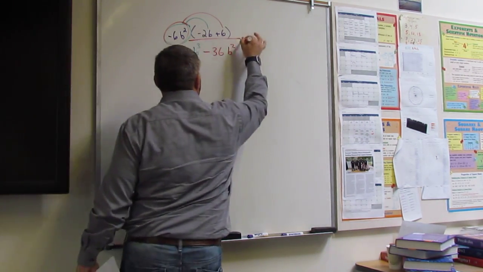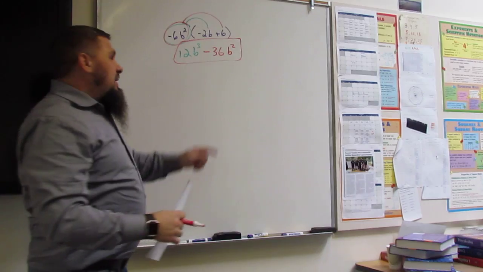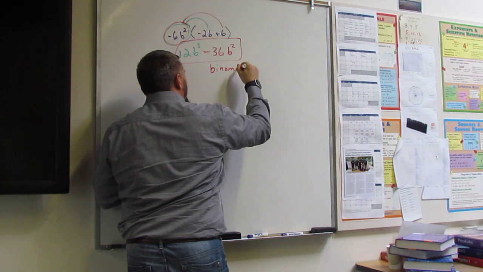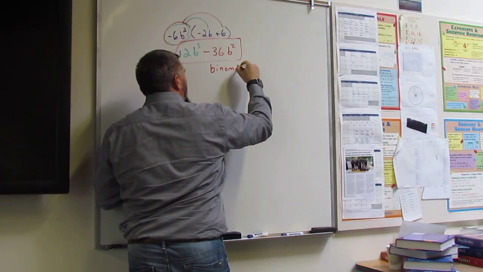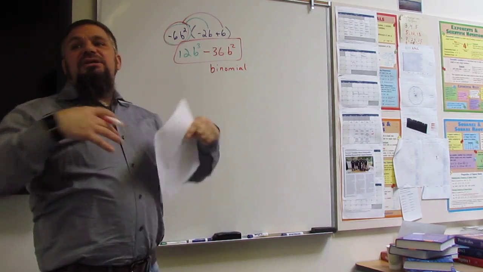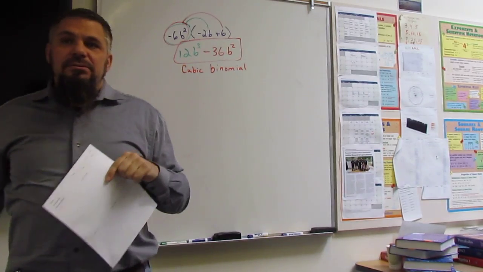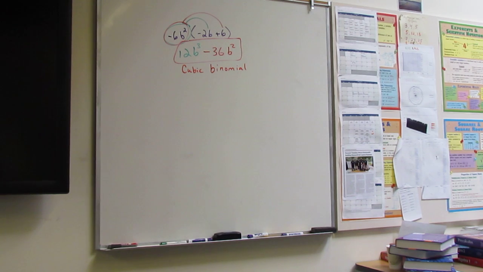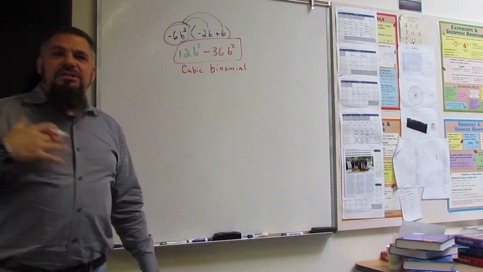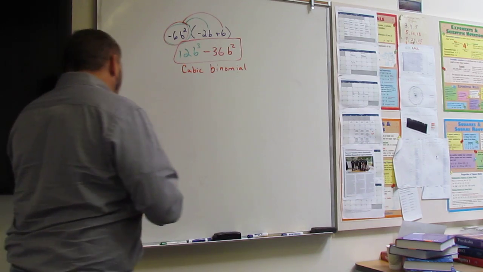And that's it. Now, if I were to label this, I would label this a binomial because it's 2 pieces. So this is a binomial. Okay, and the 3 here tells me that it's a cubic. So it's a cubic binomial. Okay? A cubic binomial. Alright, so that's the first type of problem that will be on the test. The next type of problem that will be on the test